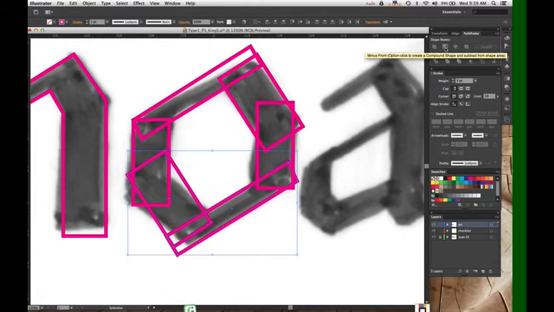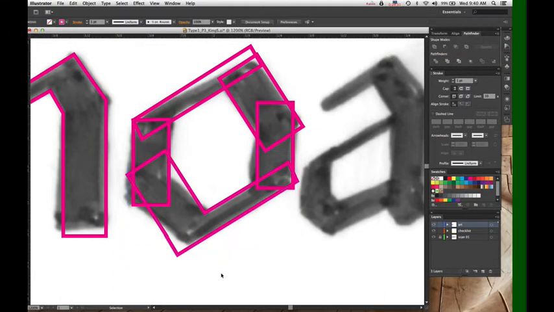This one is minus front. It takes the top shape and deletes it from the bottom. Intersect just gives you the resulting shape that is the intersection of the two shapes, and exclude is the opposite. This deletes the intersection. So this is very, very useful stuff. And then this bottom one does very similar operations, but splits the parts. So I'm just going to use my unite, and I have this one single shape.